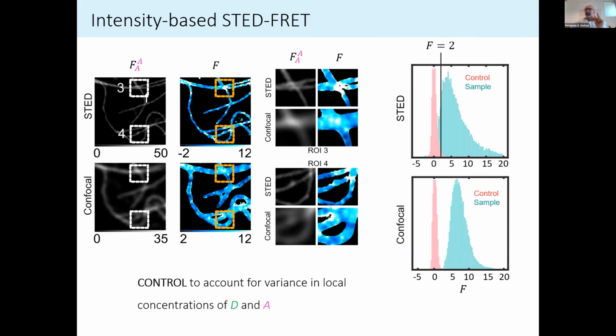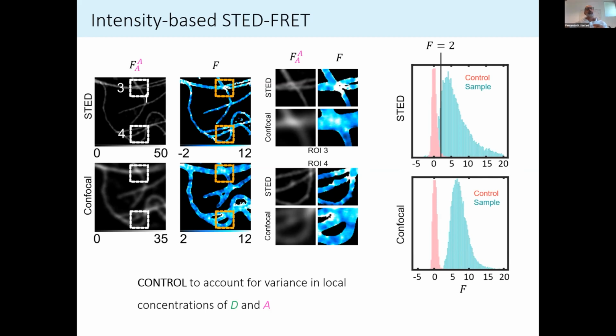So the only extra care you have to take is that since we are not averaging, like in diffraction limited FRET, you will find local variations of concentrations of donor and acceptor molecules, because the volume we are interrogating is smaller and smaller. And therefore, you will have fluctuations of apparent FRET signals simply because maybe we have fewer donor molecules or fewer acceptor molecules. And you need to take that into account. We can do that by